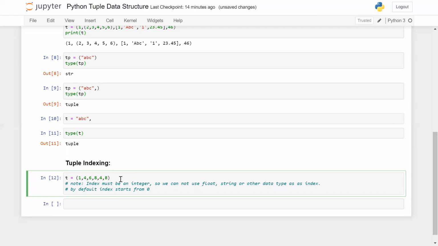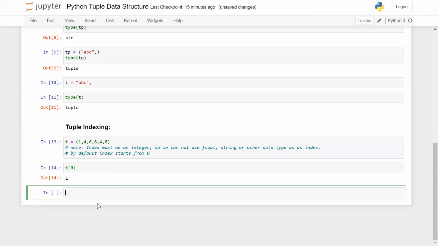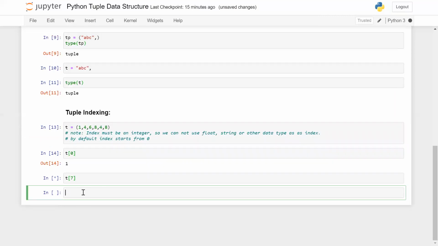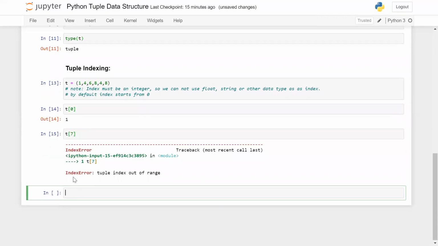Okay, now if I use t with square brackets and mention an index, this is perfectly fine. But in case I mention t[7], what will happen? You can see the indices are 0, 1, 2, 3, 4, and 5, but I am mentioning 7 here, so it will give me an IndexError: tuple index out of range.